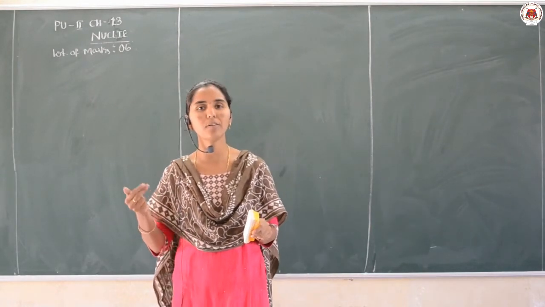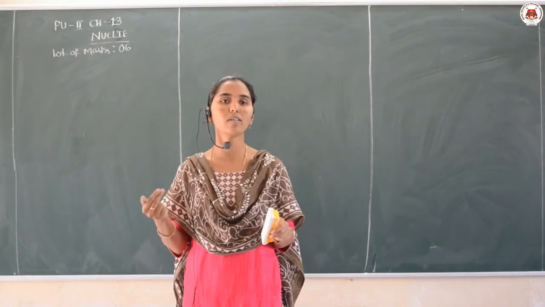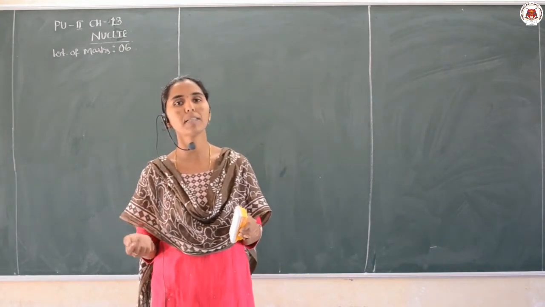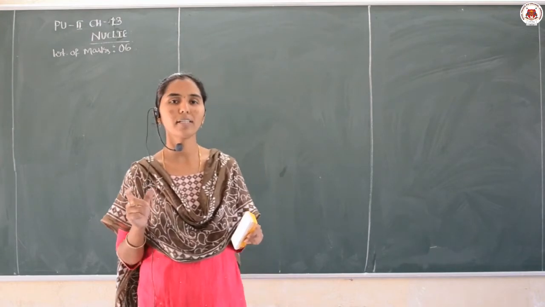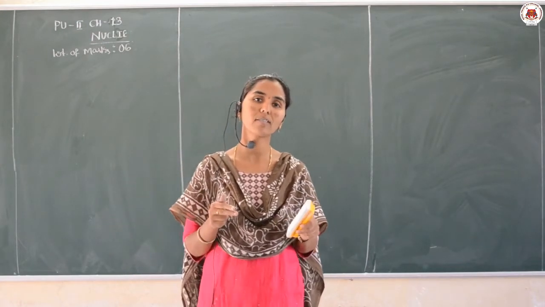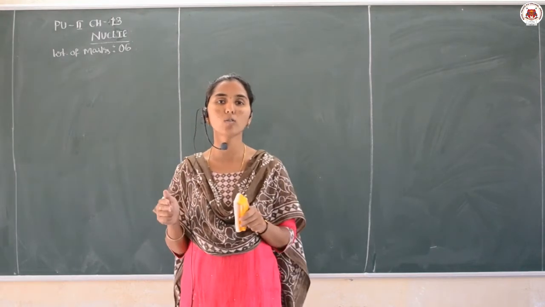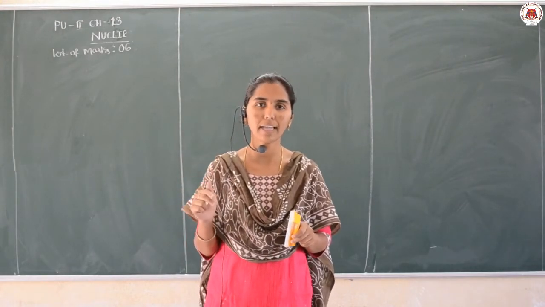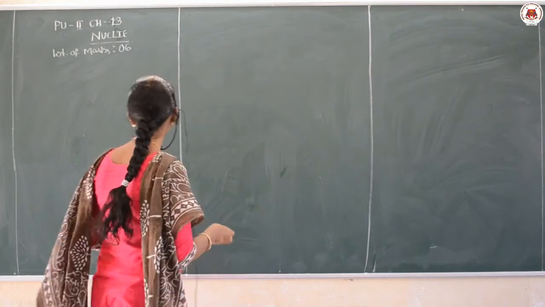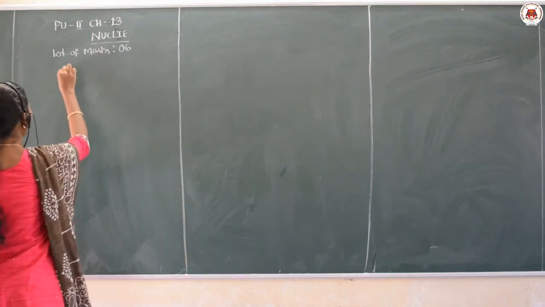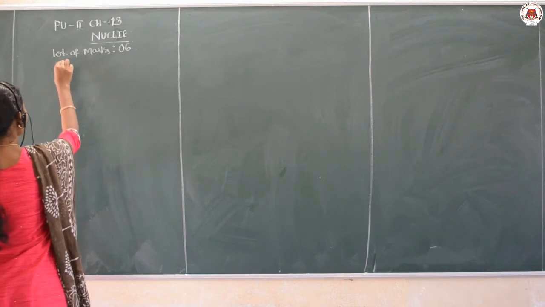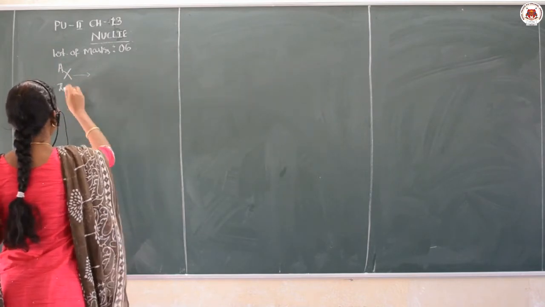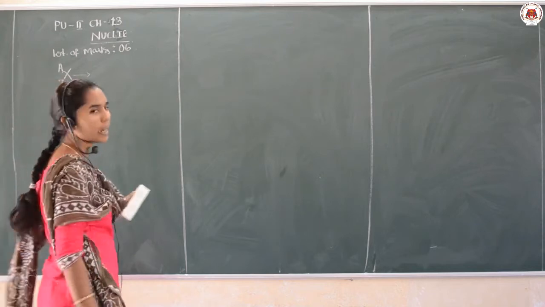And next, for the different atoms we are given the atomic number, and similarly we talked about the atomic mass number. What is the atomic mass number? It is the sum of the masses, that is the total number of protons and the neutrons present inside the nucleus, that is denoted by the letter capital A. Then the nucleus of an atom, how to represent that? It is represented by Z X A, where X is the nucleus of the given atom, Z is the atomic number, A is the atomic mass number.